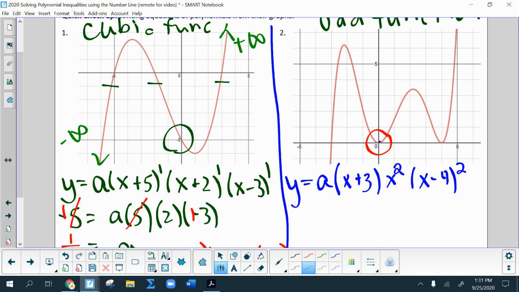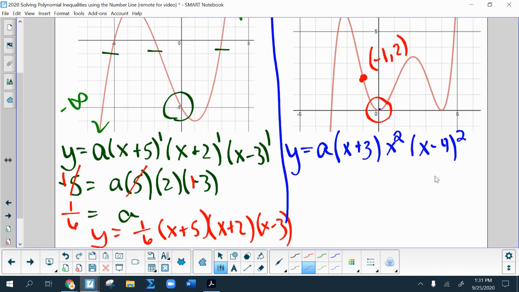Usually I'll have one labeled for you. It looks like I forgot to do that on this problem, but we are going to use this one because I hope that you can tell it looks pretty spot on for being the point -1, 2. And if we can use a 1 or a -1 or a +1, that's going to make this a lot easier. So I'm going to put 2 in for y, -1 in for x,